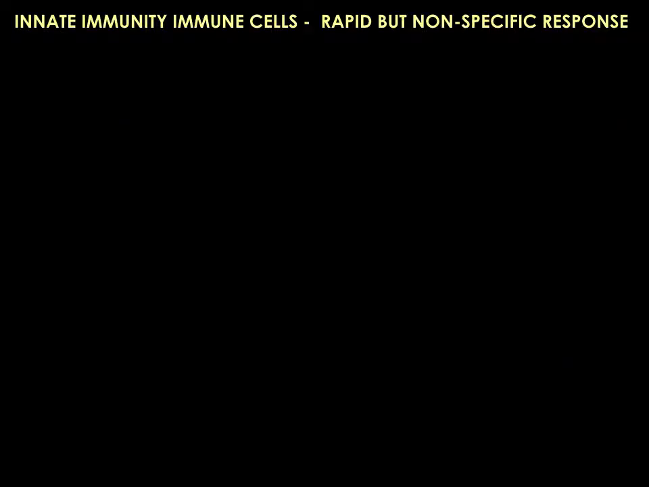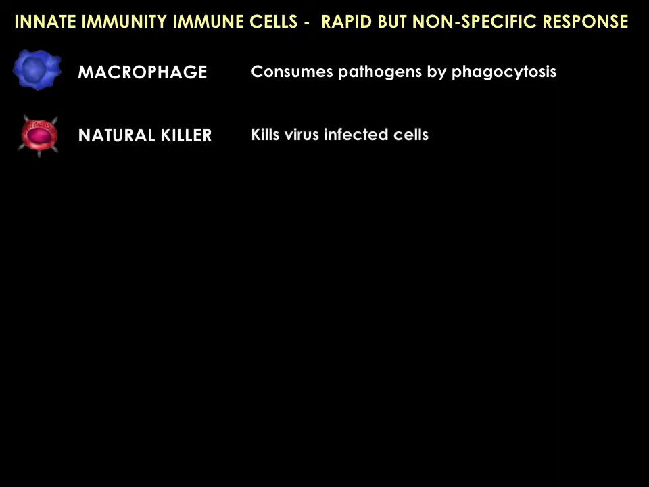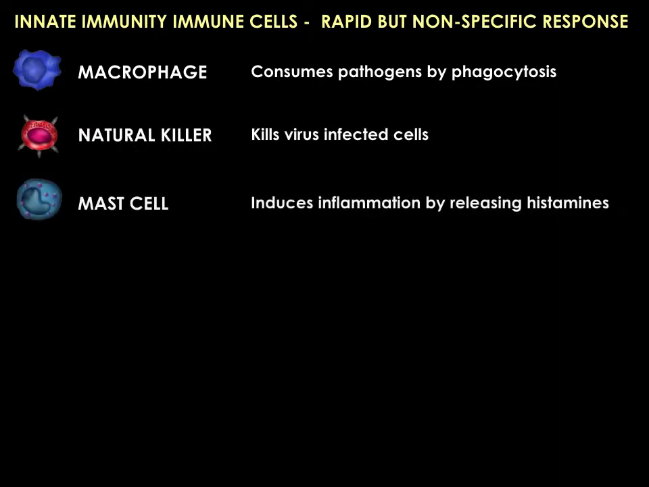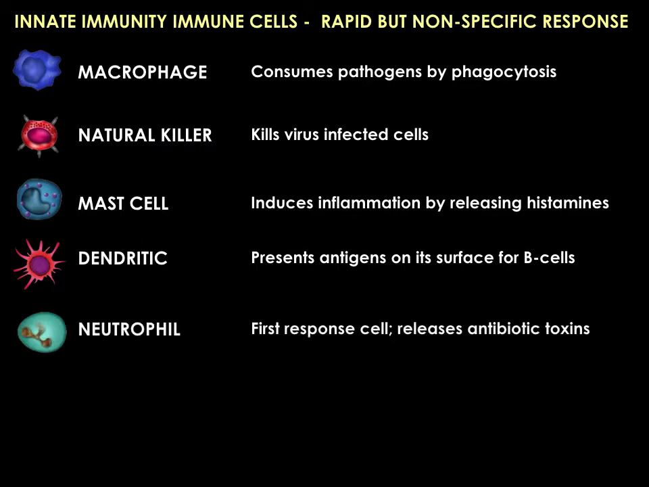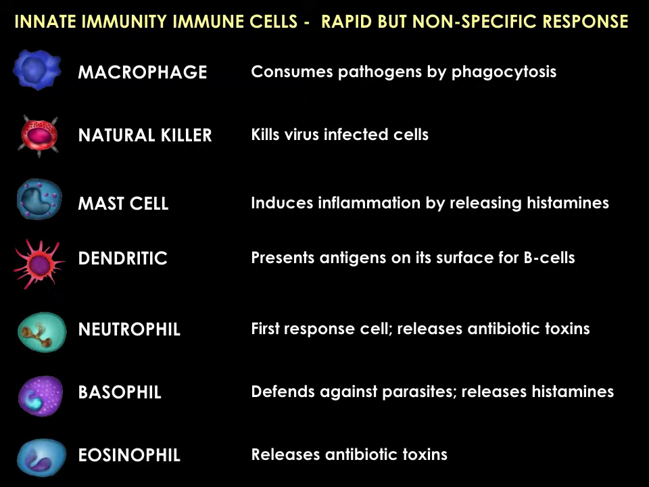If we were to quickly run through the cells that fall under the innate immunity category, we would have macrophages, natural killer cells, mast cells, dendritic cells, neutrophil cells, basophil cells, and eosinophil cells. The specific roles of a lot of these cells are less important. What's more important is to understand that you have innate immunity cells that are nonspecific, which means they can work